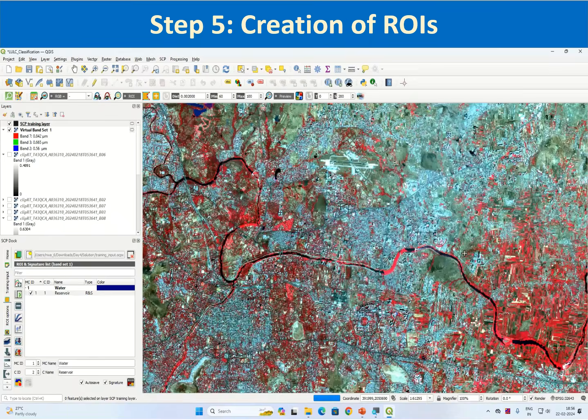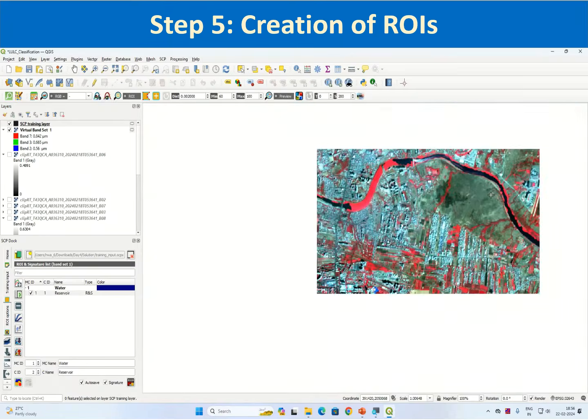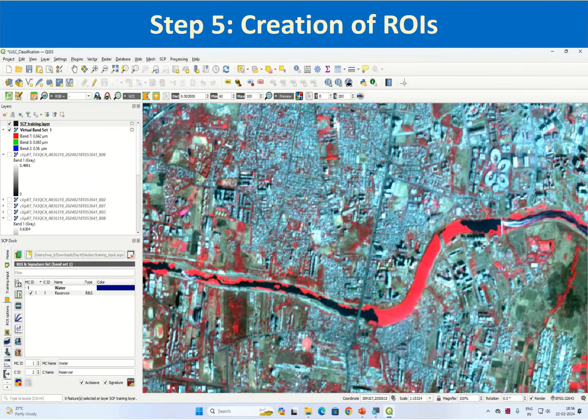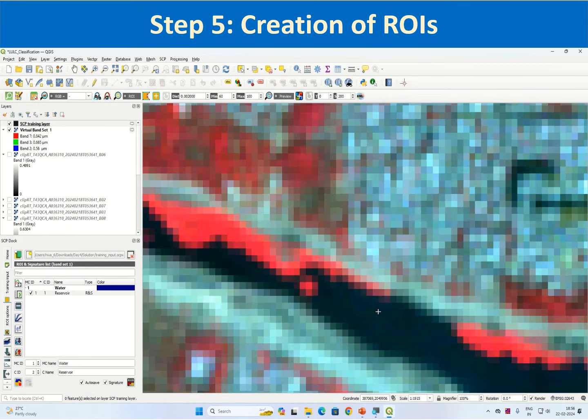Now let us create, under the same macro class of water, another class of shallow reservoirs, or let us do it for rivers. So we can create small polygons over here